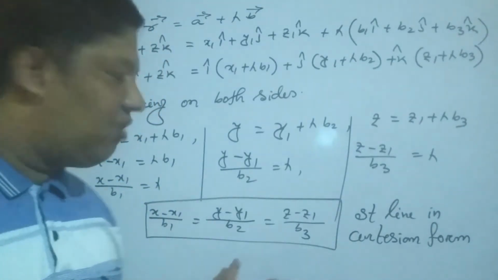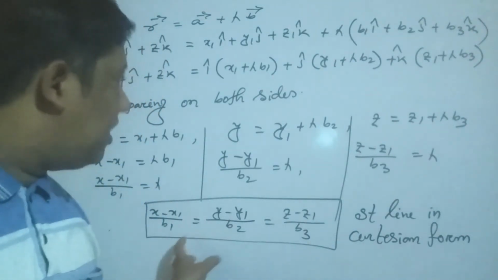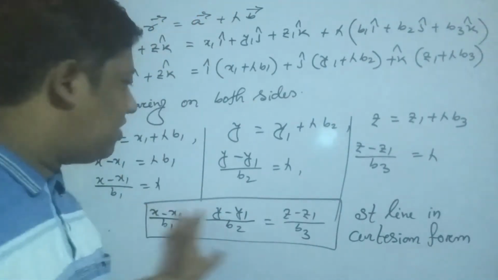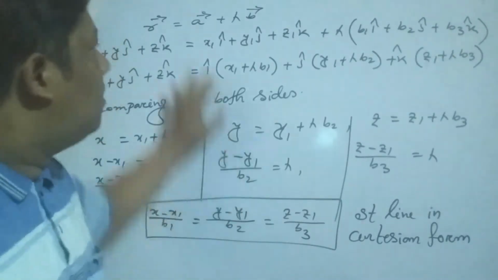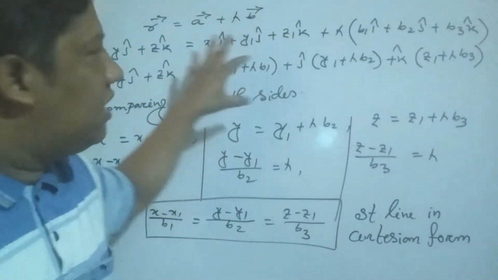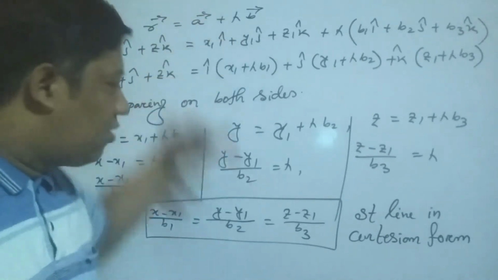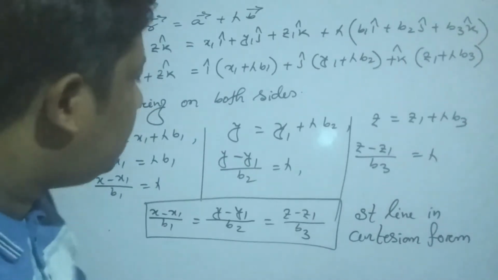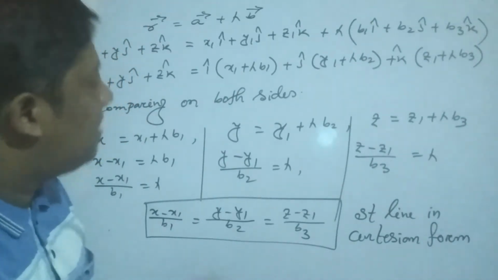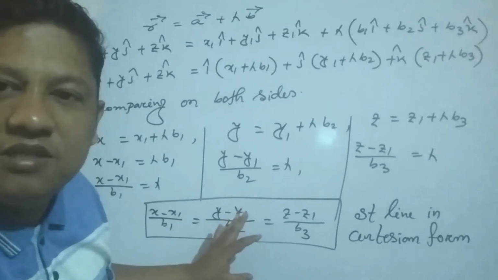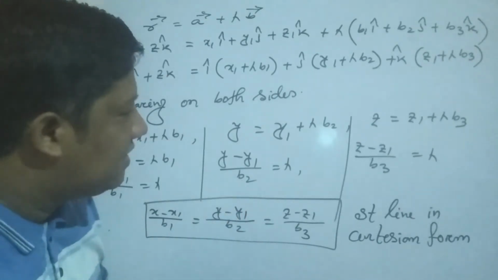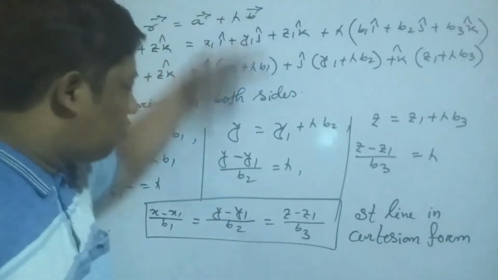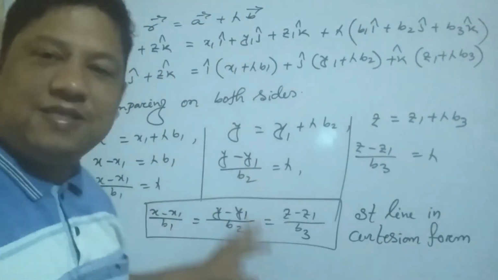So using this, you can find the equation. If you are given a vector equation, how can you convert it into Cartesian? I think you understand. Suppose in any question you are given a vector equation, you can convert it to Cartesian, then you can use this. My students, I give you some questions which are very important points for this exercise 11.2. So if you are given a vector equation, you have to convert it to Cartesian, then using this you can find it.